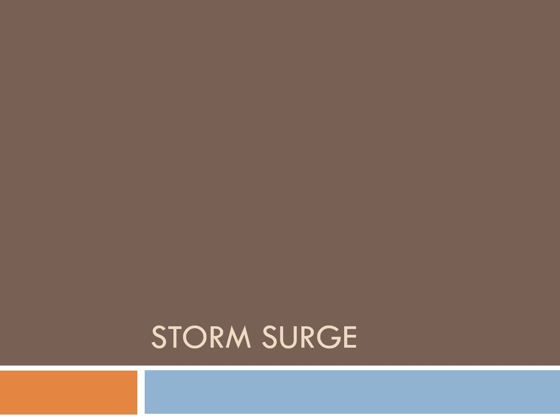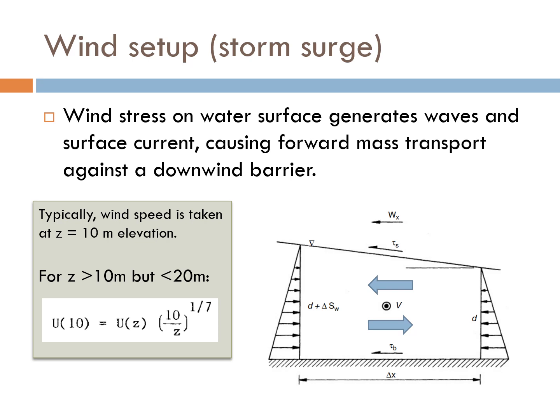Today we'll continue with the topic on coastal water level fluctuation. Next we look at wind setup or storm surge. If the wind stress acts on the water surface, it generates waves and surface current causing the forward mass transport,